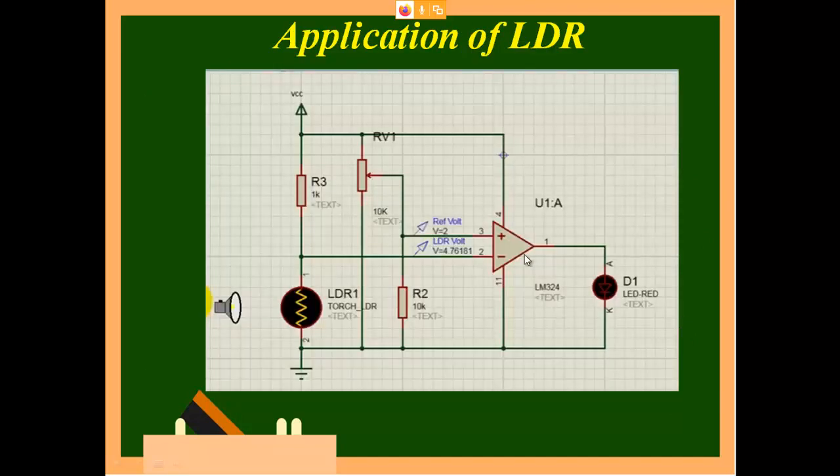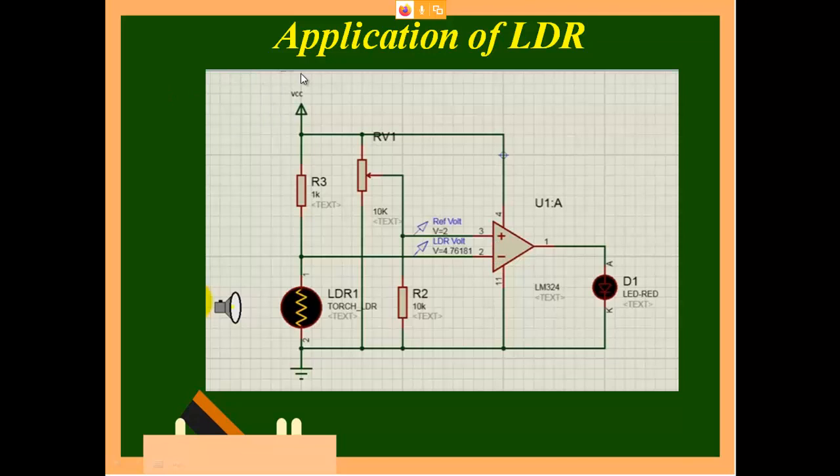Now see the circuit setup to turn the light on and off. Consider this to be your street light. We want to turn on this street light based upon the light source. Or now I am saying a reverse application, where if the light falls, then this LED will burn, and if the light is not falling, this LED will not glow. Only a small change is required: just interchange the terminals. So now see what happens.